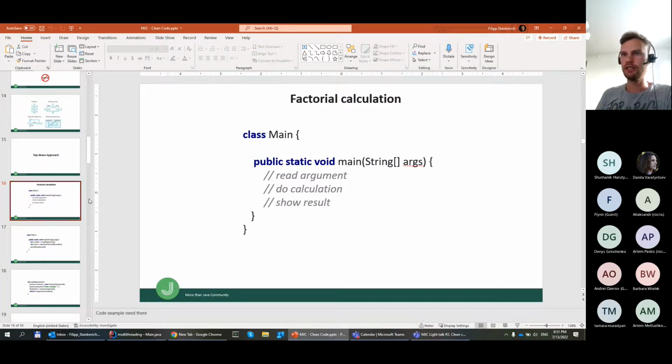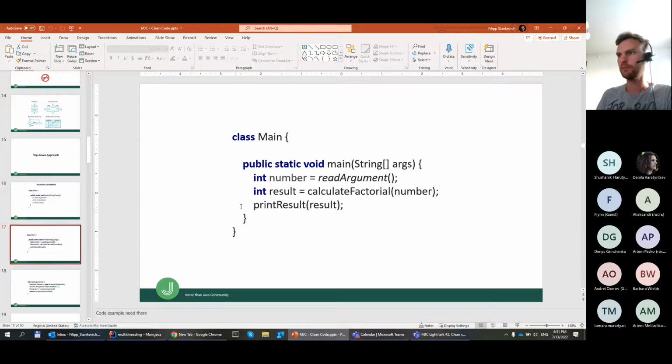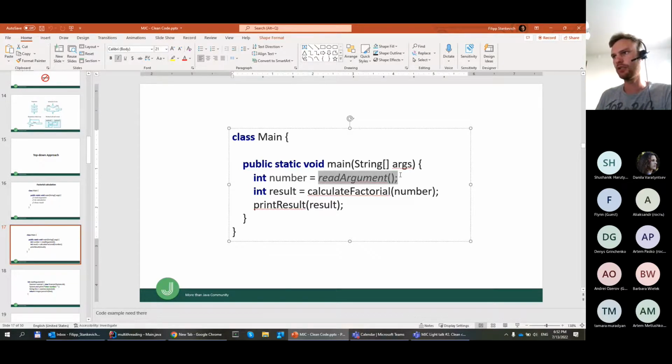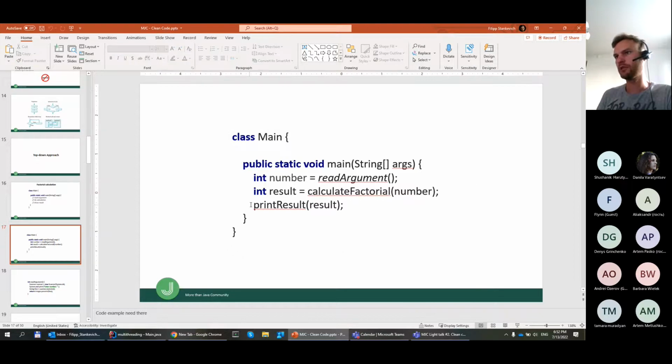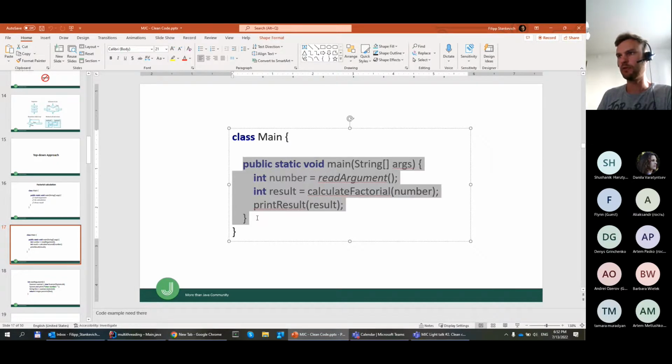So, okay, I made this. What I do next? I translate this pseudocode to function calls. Instead of writing all code here, I write a function that will be reading my data. Then I have this data, call the other function that does some calculation on my data, and then I call the other function that prints the result. And now my main program, my entry point of my program, is short, concise,